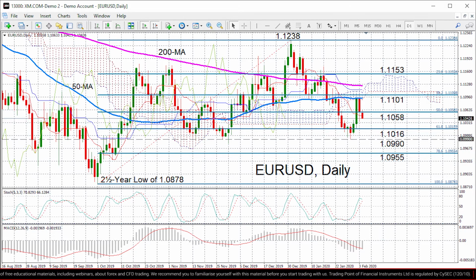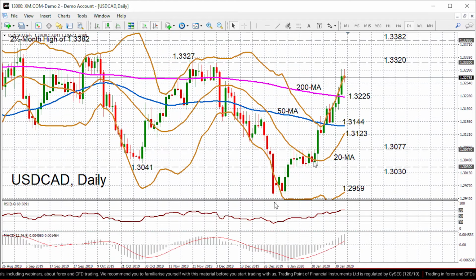Let's now turn to the dollar CAD pair. It's looking strongly bullish in the short term. The RSI has crossed above the overbought territory at 70, and the MACD is also strongly bullish as well. But looking at the Bollinger Bands, prices have been spiking above the upper band for the past few sessions. So that definitely is telling us that it's looking fairly overstretched at the moment, and we could soon see a